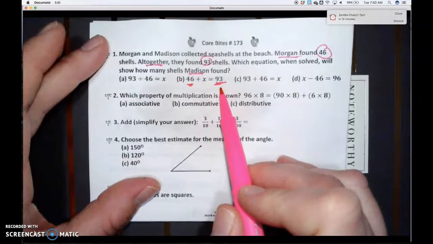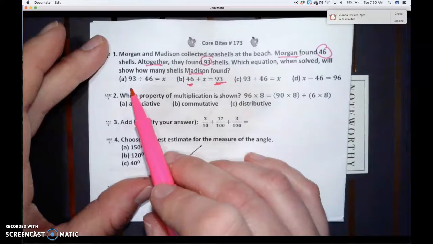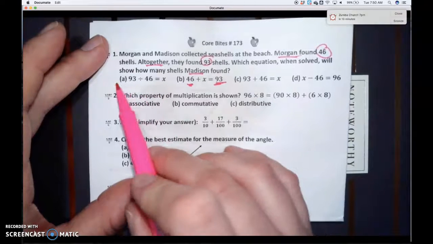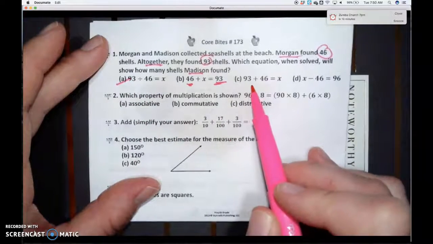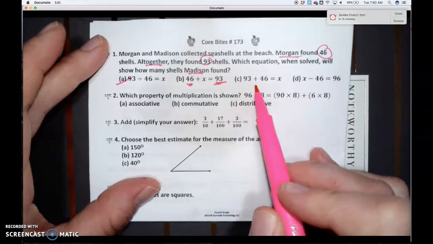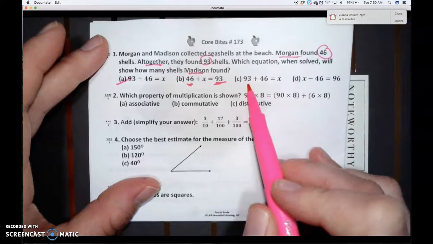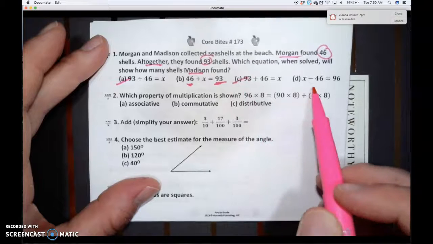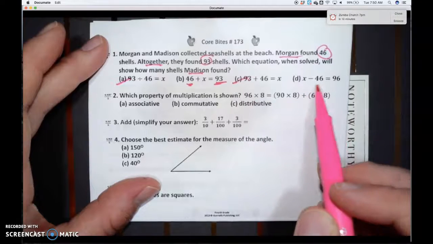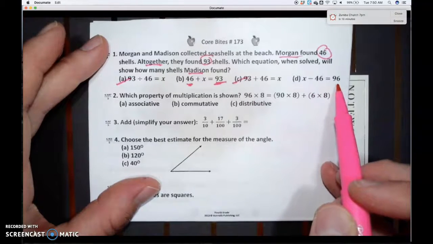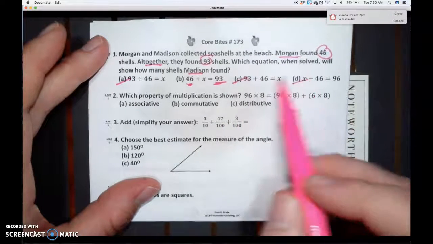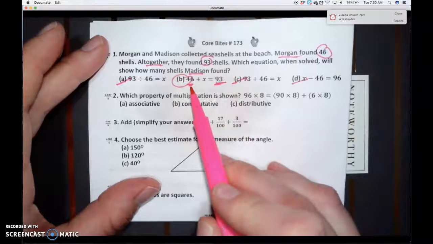Division, that makes no sense. They're not putting them into groups. This does have addition, but it has the total in the equation, so that doesn't make any sense. And then here they're randomly subtracting, okay, to get 96, which wasn't even our number. We had 93, okay? So your best answer is 46 plus, so that's Morgan's, plus Madison's gives you your total